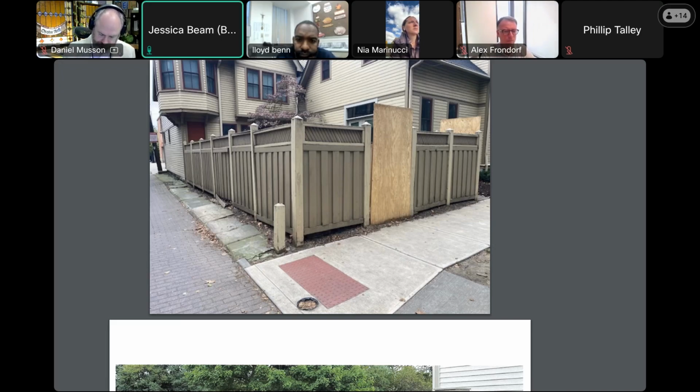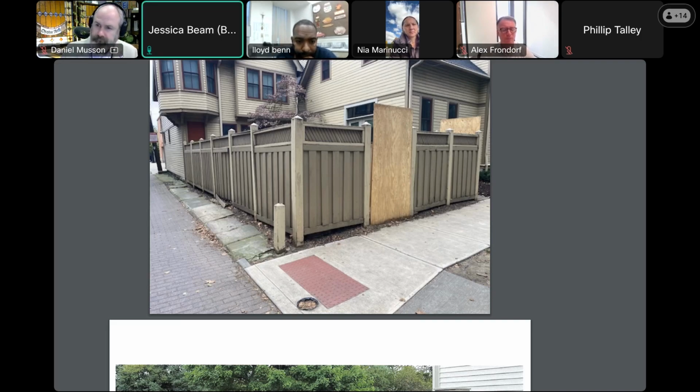And so it would either need a variance because it should be 4 feet and anything above 4 feet is not allowed, or because it's so close to the corner, it should be 2.5 feet and anything above that, and also the privacy with no visibility at that corner. So there are variances. I would just have to